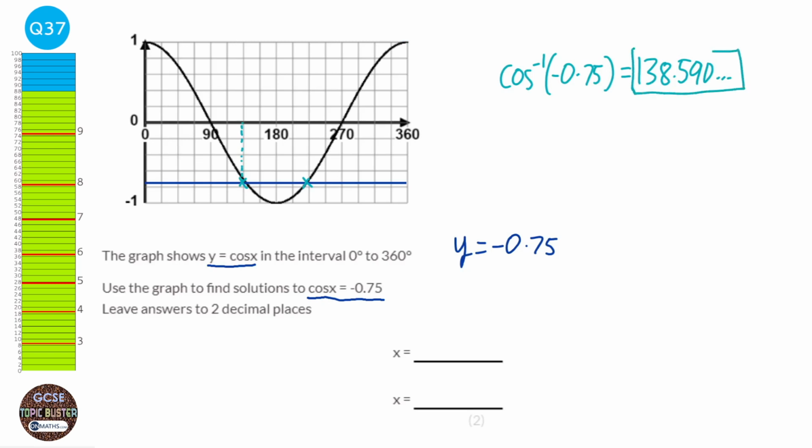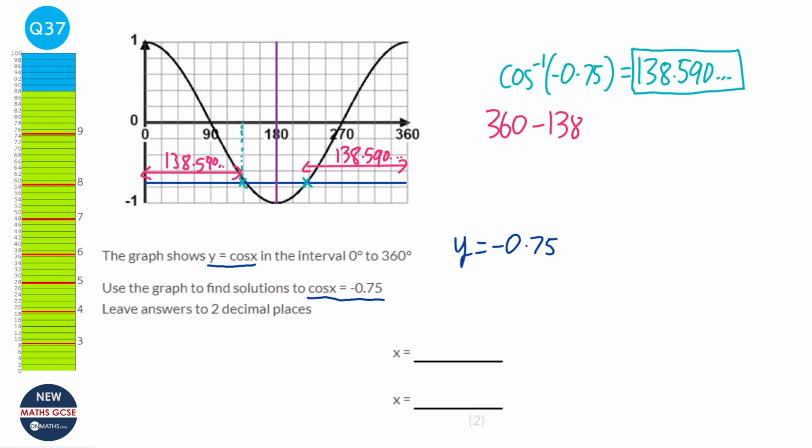The calculator will always give us the first solution, but we can use symmetry to find the next solution. If you look at the graph, we've got this point here, and the whole graph, if I draw a line up, the whole graph is symmetrical. Okay? Do you see it? The whole thing is symmetrical. So if the distance between the start and here is 138.590 blah blah blah, then that distance must be the same distance as here. That must also be 138.590 blah blah blah. So to work out what this coordinate is, all we need to do is 360 take